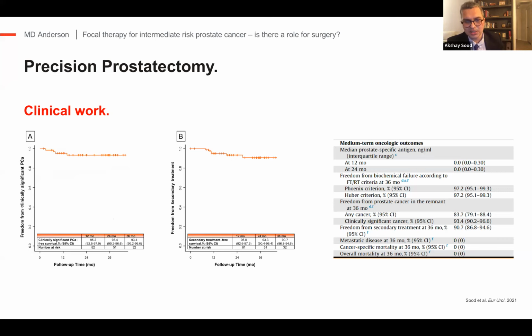Even multiparametric MRI was not routinely used because this study was done between 2016 and 20. So MRI was not that easily available to us, and none of these patients had PSMA done prior to surgery. So we are writing up a trial, and we hope that we can incorporate the multiparametric MRI and PSMA results and guide the precision prostatectomy even better for the patients, how we plan our surgical incisions and improve their outcomes.